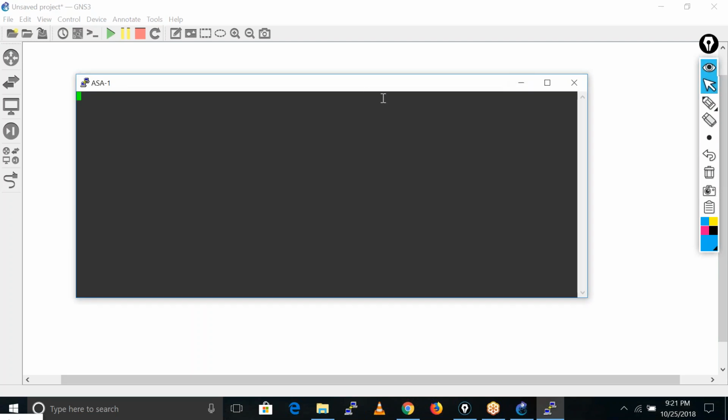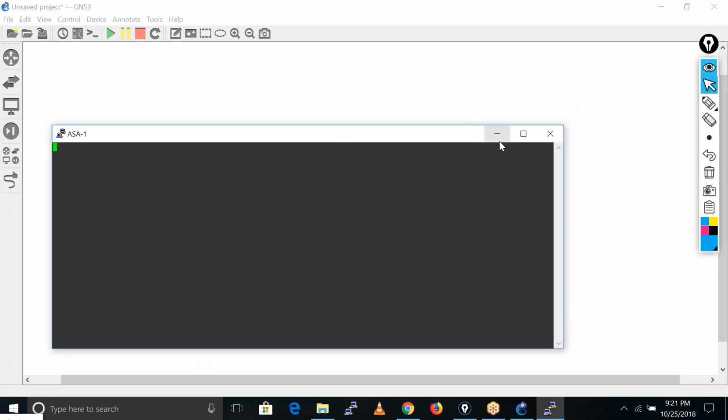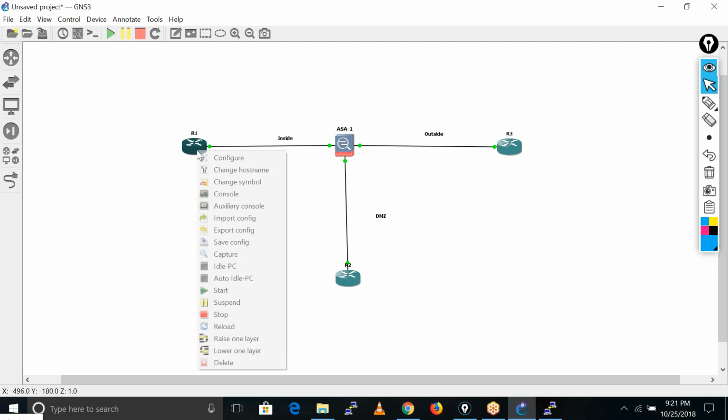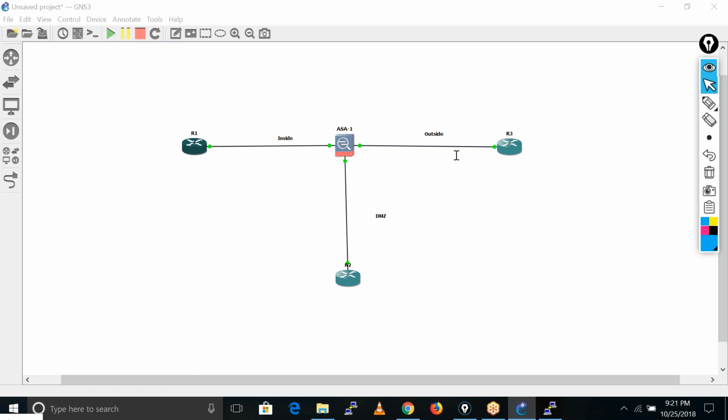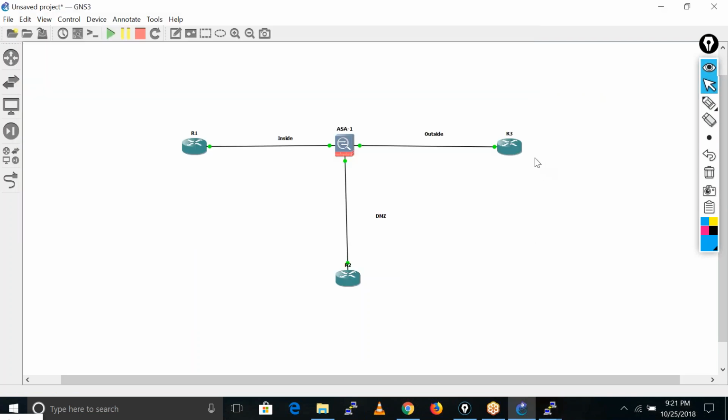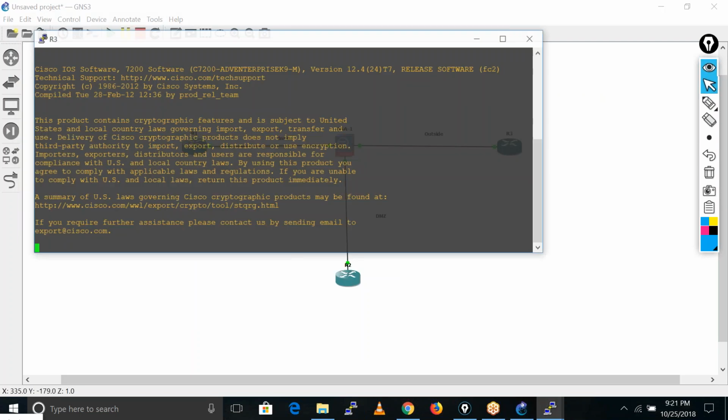So you got the console of ASA. If you are using GNS3 for ASA, it takes around 2-3 minutes to come up. So you have to wait 2 or 3 minutes after starting the ASA firewall. Okay, by this you can get all the routers' consoles, and you can also get the console by double clicking on it.